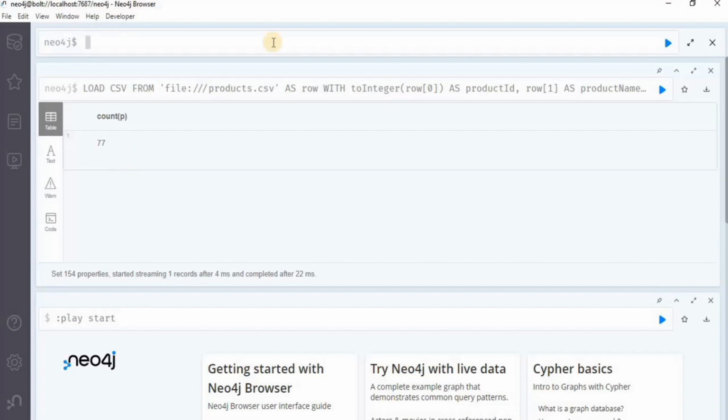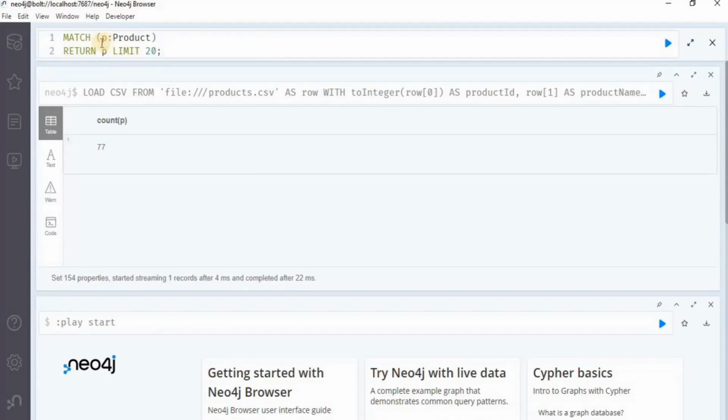So in order to validate the nodes, we can use this Cypher block. Here in the Cypher block, we are using the MATCH statement to match the products that we loaded in this P with the products that were present in the products.csv file. And if the two values match, then we are going to return it, and we are going to limit the number of returned rows to 20. So this means that if the products match, which means that our data is validated, then a total of 20